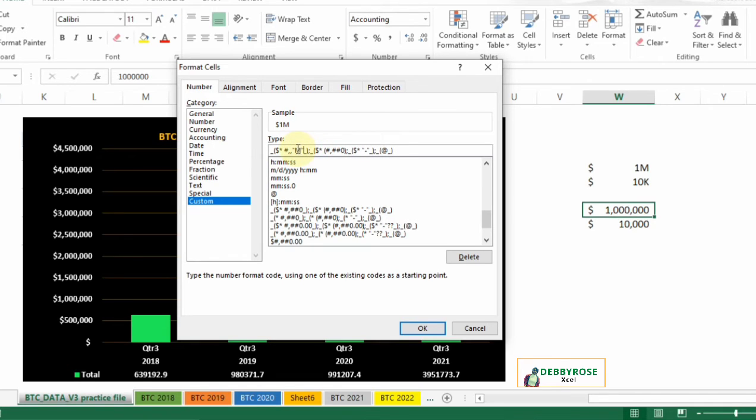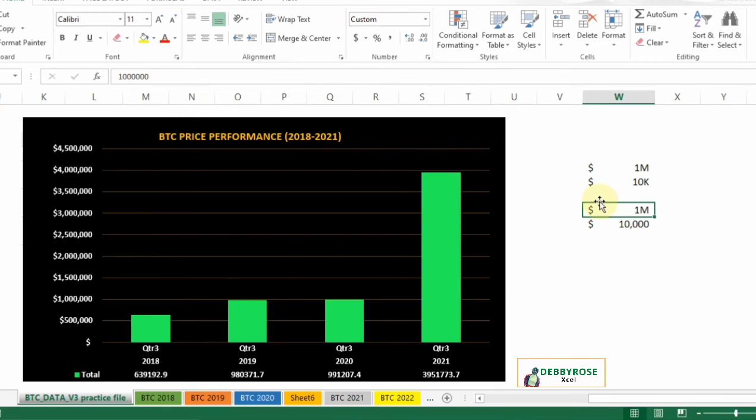Notice something: anytime you're writing labels in Excel into a formula, use these 2 apostrophes. You understand? 2 apostrophes to include them there. So once I just say OK, you can see my zeros are represented with million. So let's do that for